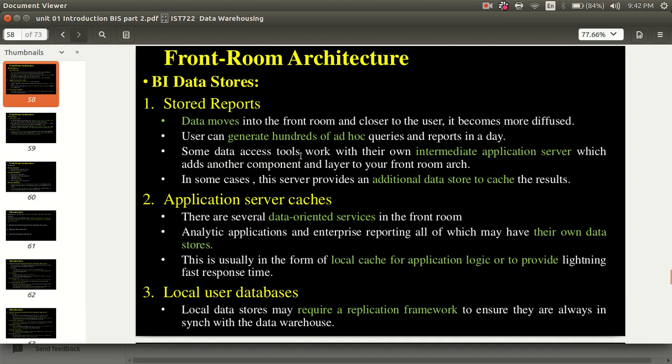The user can generate hundreds of ad hoc queries and reports in a day, so you need to store the data. Then the application server cache: you have to provide several data-oriented services in the front room. That data you can store in a local cache, usually in the form of a local cache of the application, to provide lightning-fast response time. Local user databases require a replication framework.